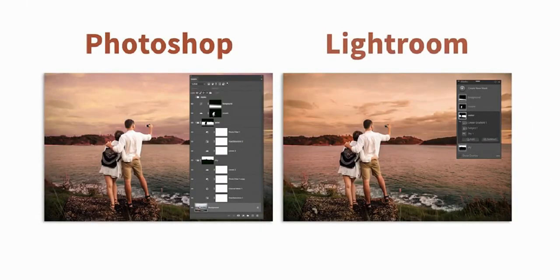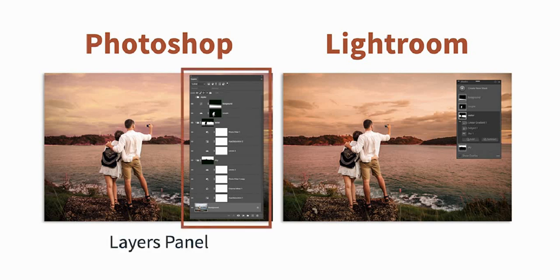Photoshop and Lightroom both offer masking for non-destructive, selective image editing. Although the masks look similar, they are actually quite different. In Photoshop, non-destructive image edits are done with adjustment layers found in the Layers panel. Masks